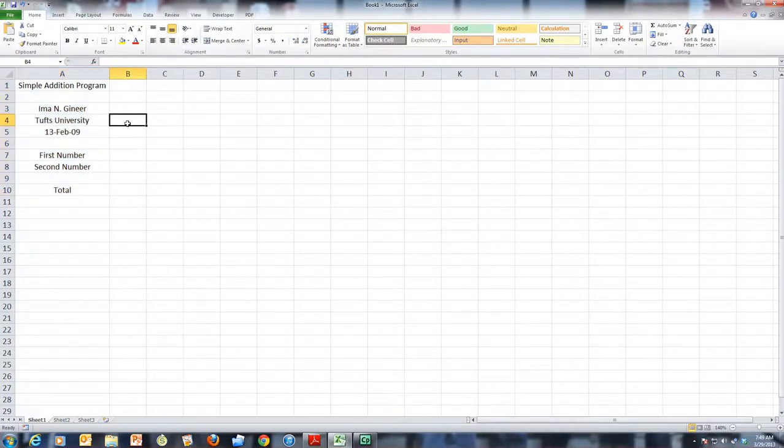Okay, so the goal of our program today that we're going to write in Visual Basic is to simply add these two numbers together that we're going to enter and then get the total. So what you need to do is get into Visual Basic, which you can do by pushing Alt F11, or you can